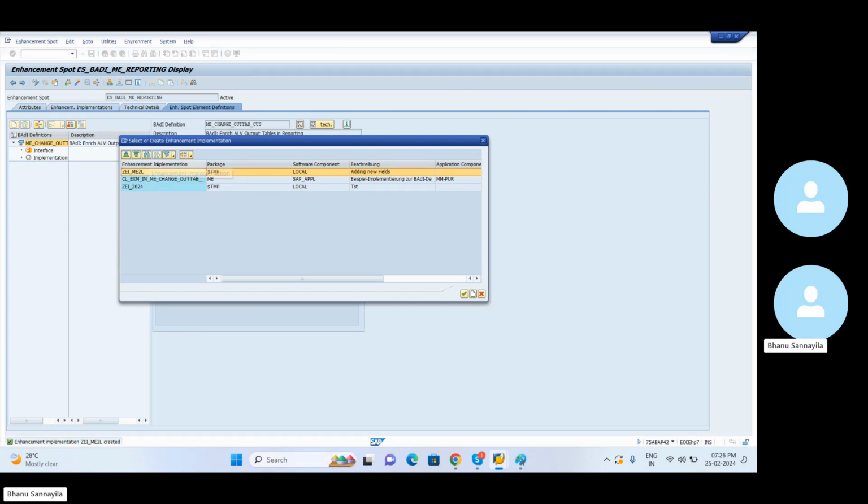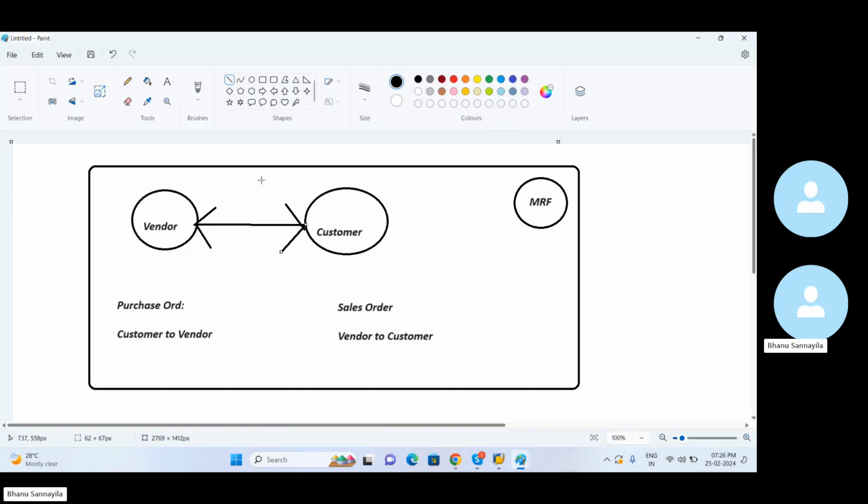So whatever enhancement implementation you have selected, of course, we need to save that under the proper package, and we have to save the enhancement implementation under the TR. I have just saved it as a local object for now. So as part of this, first what we have created